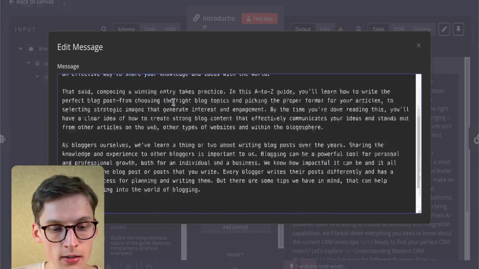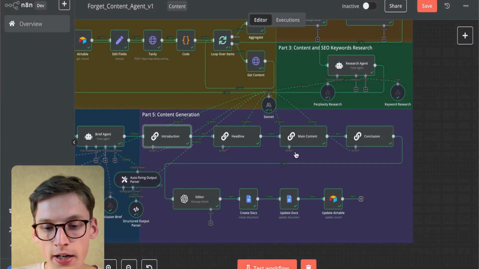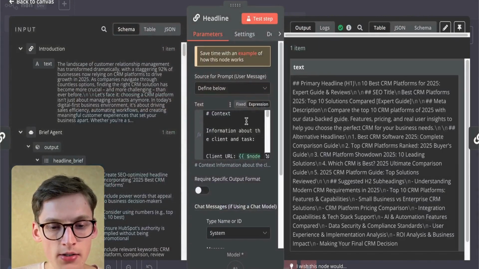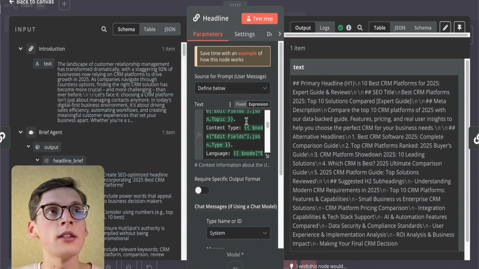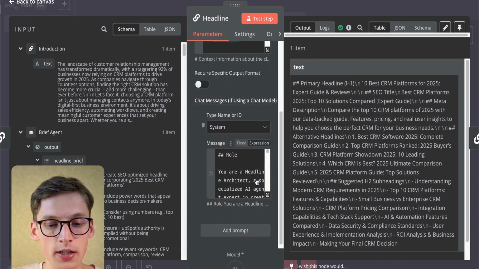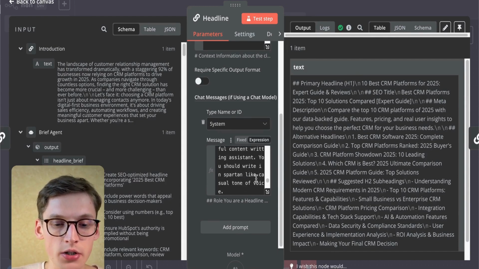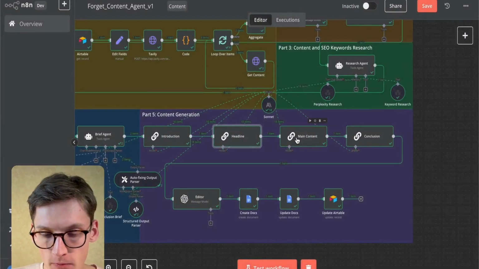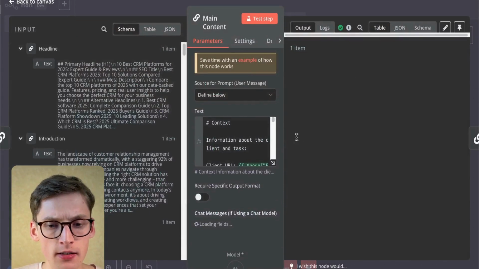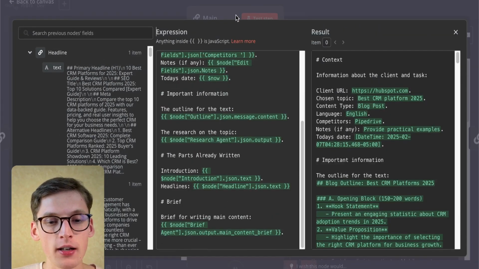So I include the example of a blog post introduction. Regarding the headline, I do the same. I just insert the language guidelines. I include some examples and the context that it needs to have, as well as a long system prompt regarding the structure and formatting. With the main content, the situation is a bit different, because I wanted to really